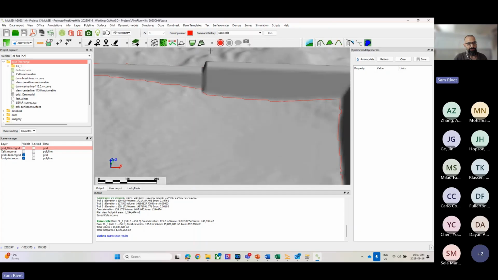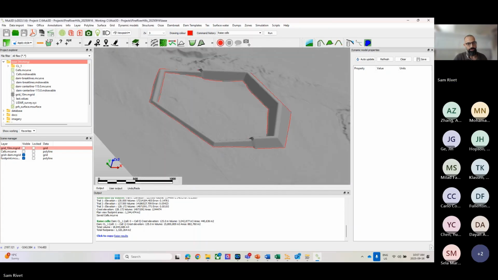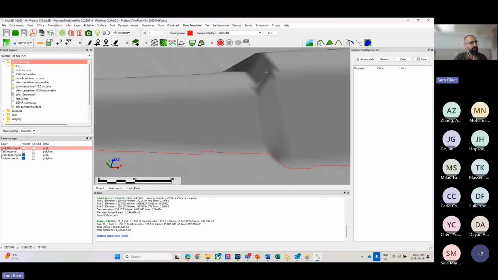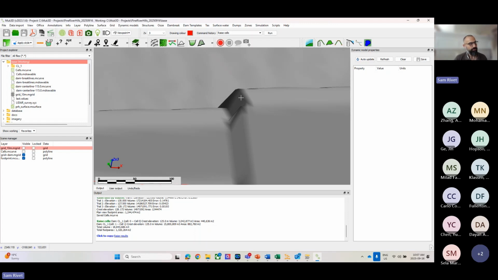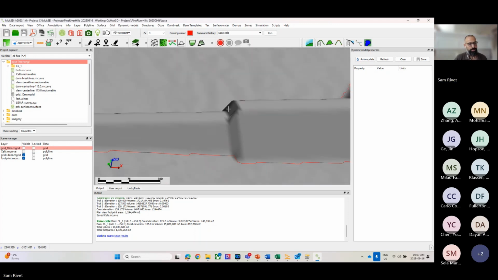Now it's not feathering or transitioning from one side to the next. It is kind of a vertical drop here. So probably not how you'd build it in real life, but if you're trying to get volumes, if you're trying to design something quickly, especially if you want to string this together with a lot of other functionality, really quick way to raise dams